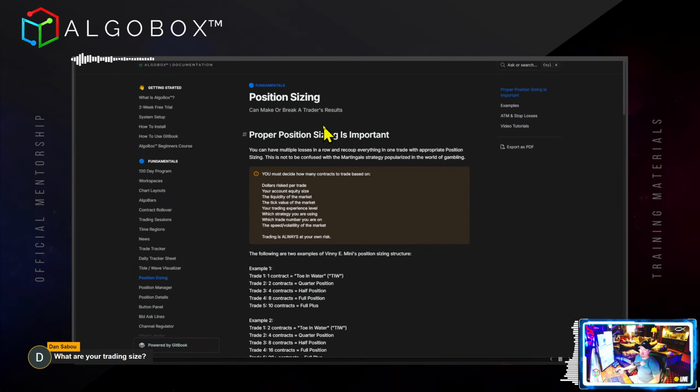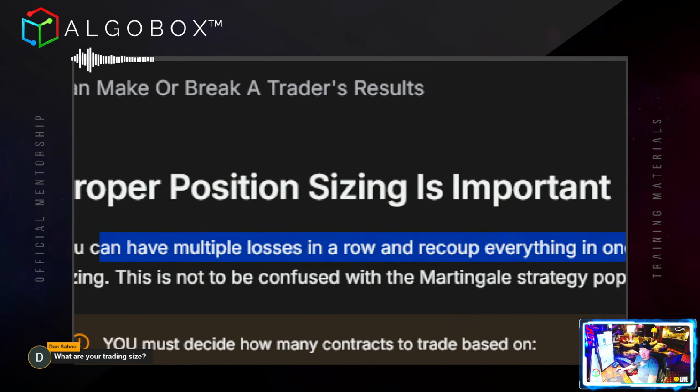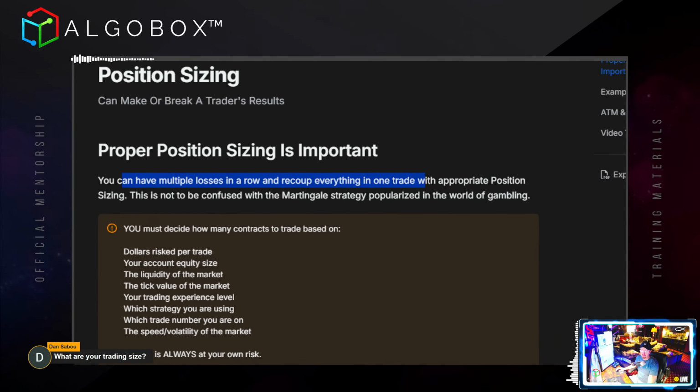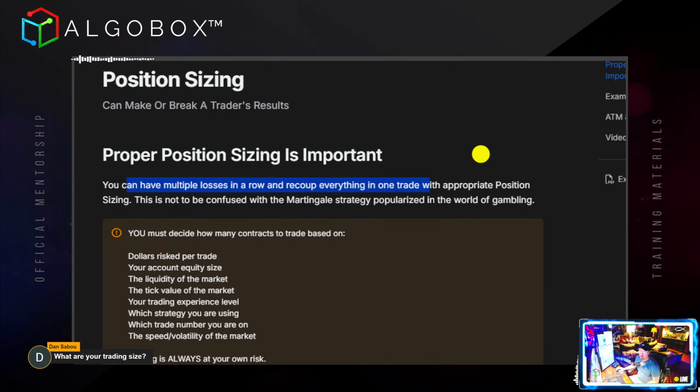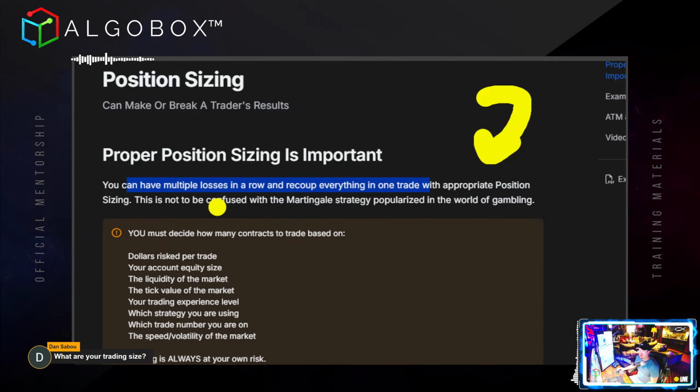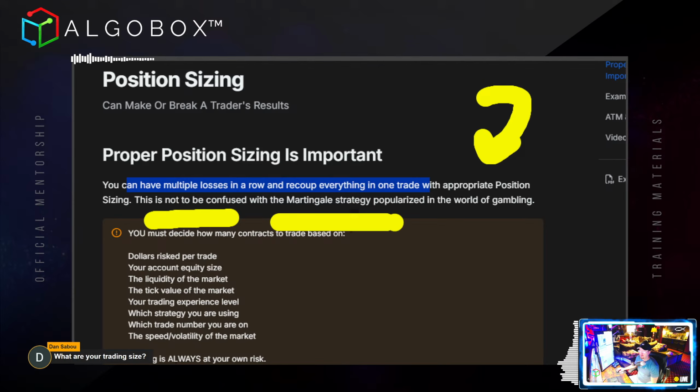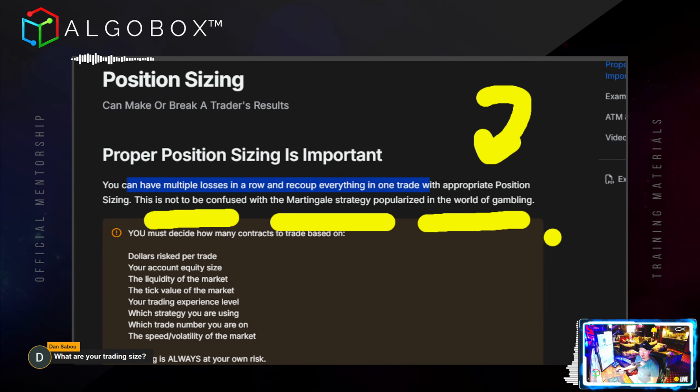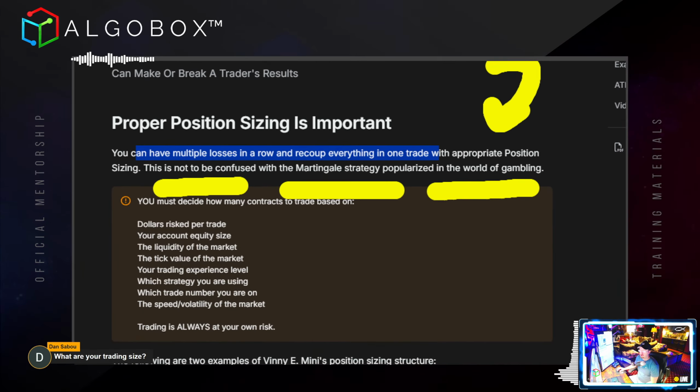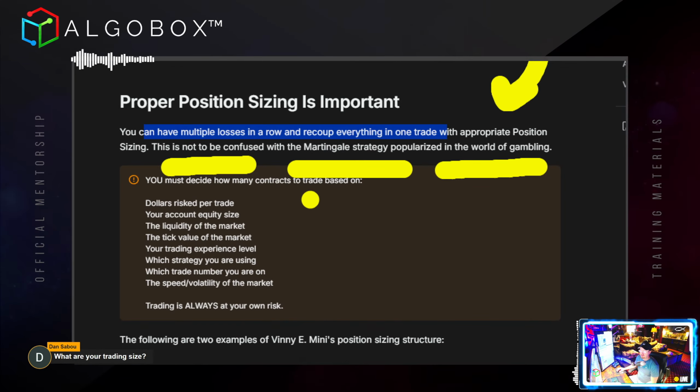All right. Position sizing can make or break a trader's results. Proper position sizing is important. You can have multiple losses in a row and recoup everything in one trade. Look at that, it says it right there. This goes back to the question that someone else had, right? With appropriate position sizing. This is not to be confused with the martingale strategy popularized in the world of gambling. You must decide how many contracts to trade based on